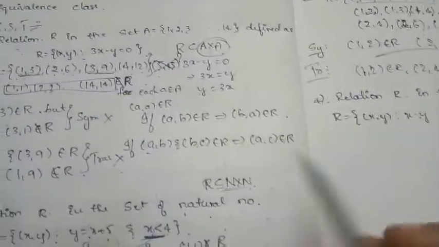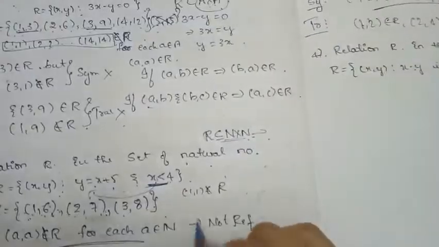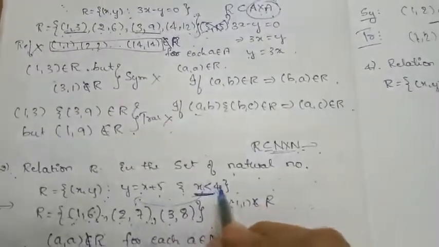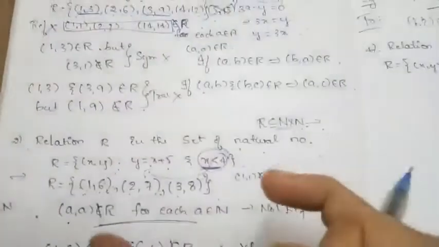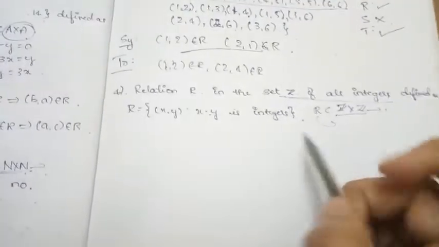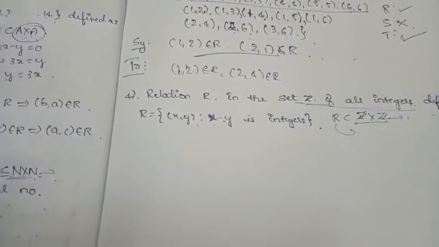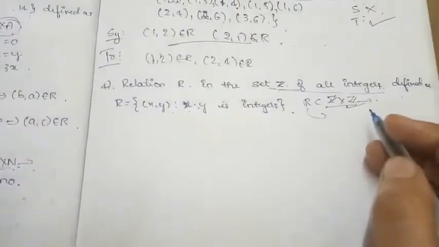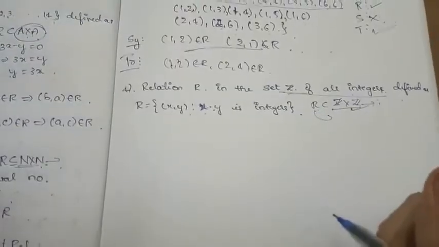But even here, when I explained our second example, N cross N, a Cartesian product was also infinite, but luckily, since they put a special condition x is less than 4, we got a relation which is finite. But here there is no such additional condition. Here our relation is also infinite, because they just said x minus y is an integer. That's all they have said. So since here the Cartesian product is infinite, and even our relation is also an infinite set.